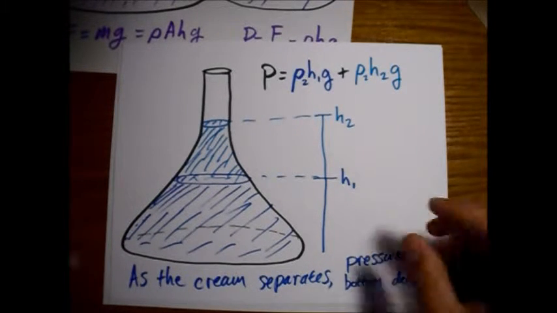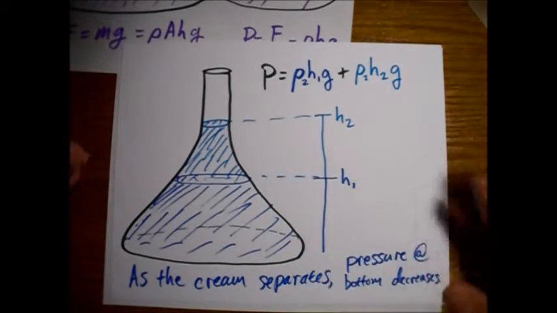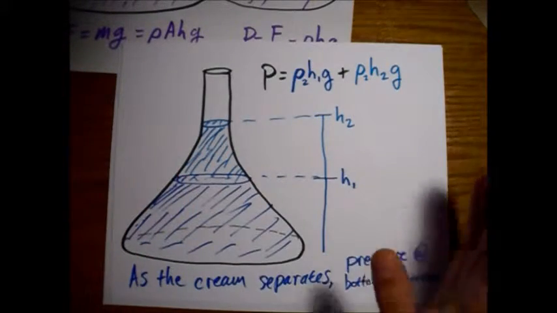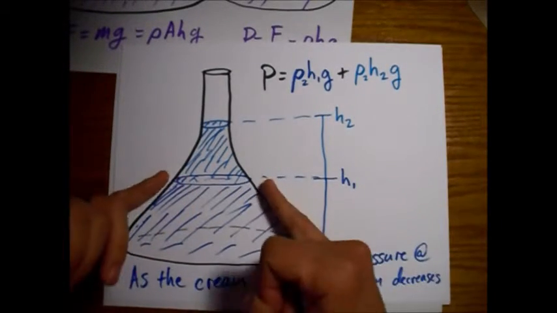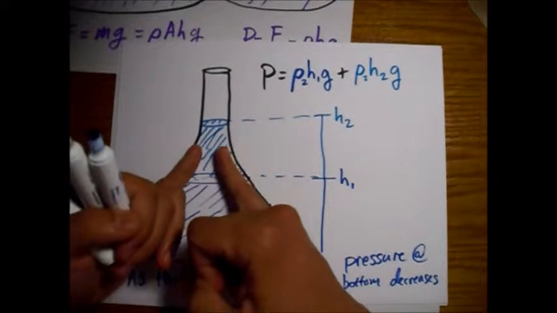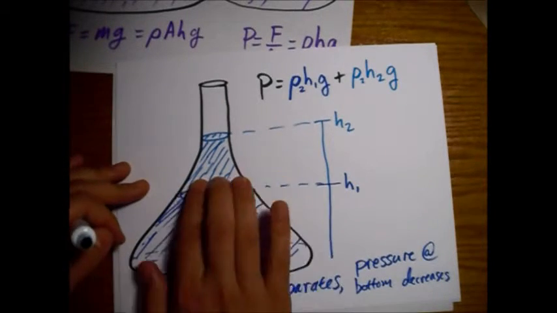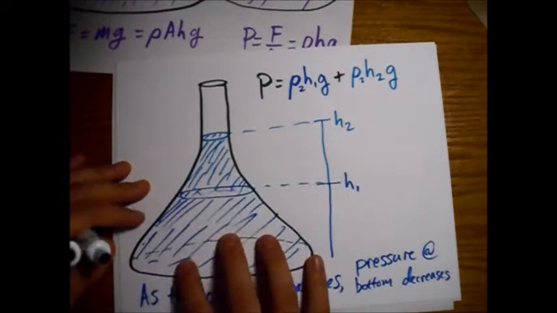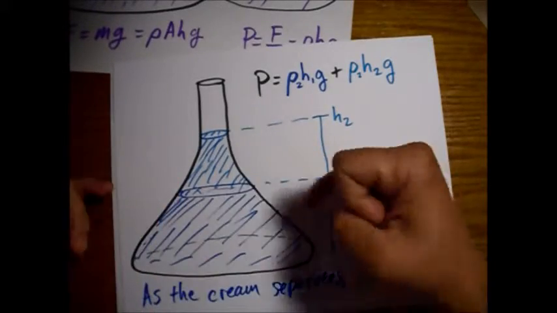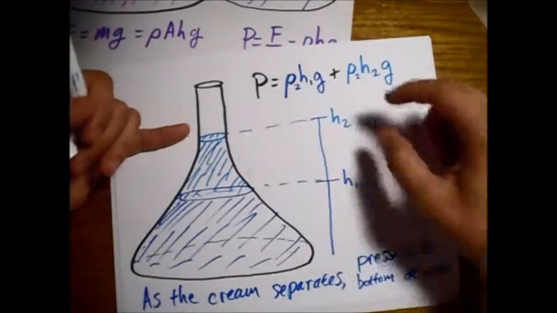But when you bring all the less dense cream up to the top, the volume of the cream stays the same, but as you move upwards in this flask, the area is decreasing. So since the volume's the same and the area is decreasing as the cream moves up, the area is constrained and the height